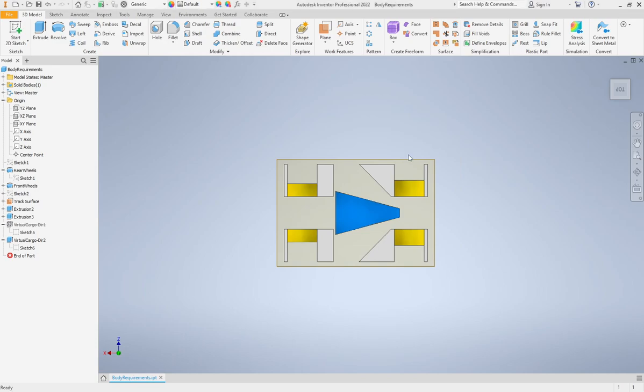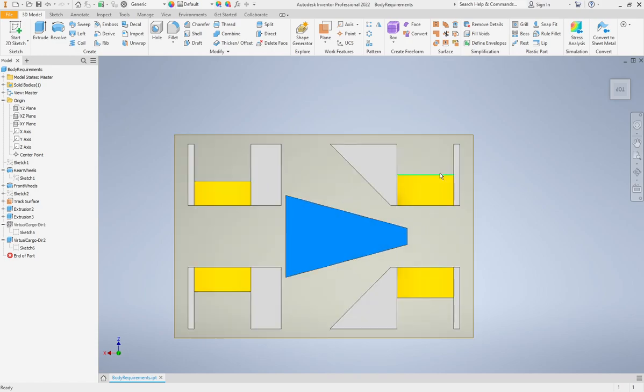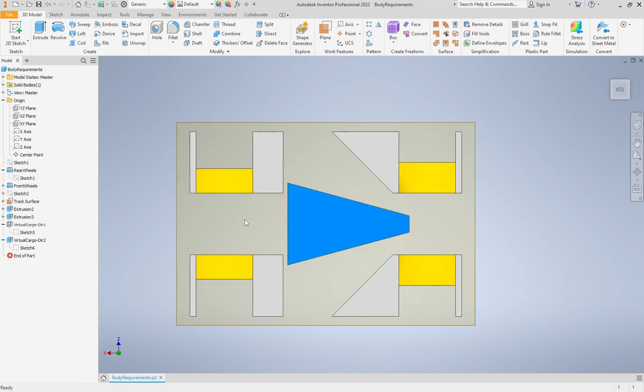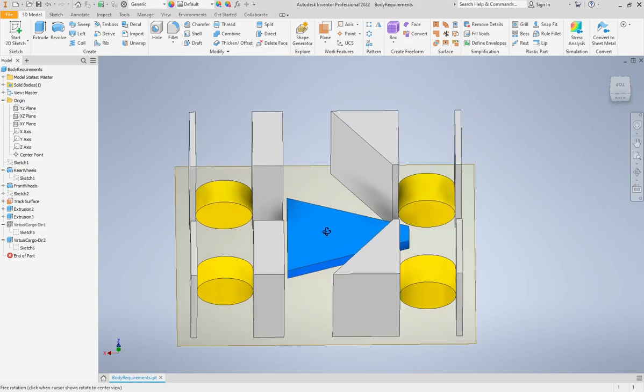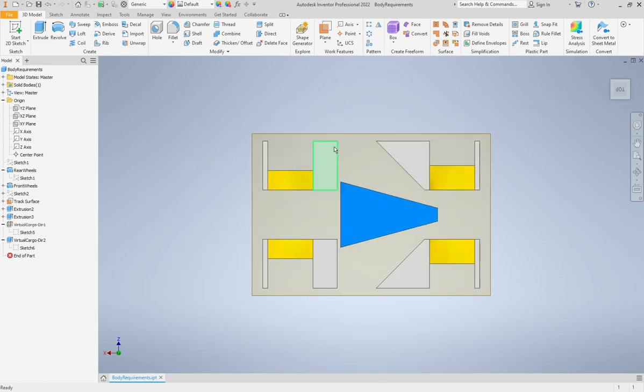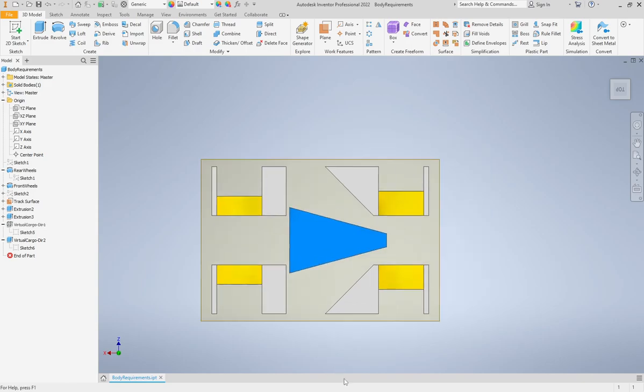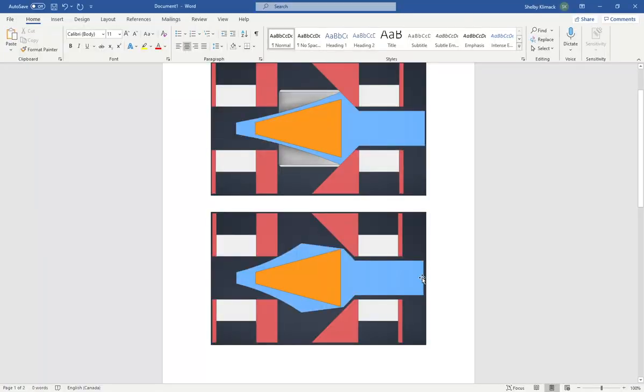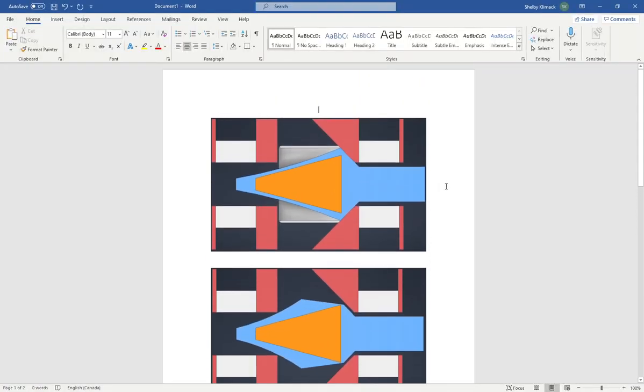So a design like this gets you set up to start drawing your car body. So the next step, once you have all this drawn, and you do not need to draw this into 3D. I did this just for ease of showing you what each of these parts were as I talked about them, but you could draw these as just 2D construction lines like I showed you with the wheel, just to give you a space or an idea of where your body can fit. Once you have all these drawn, you can jump into drawing your car body shape,